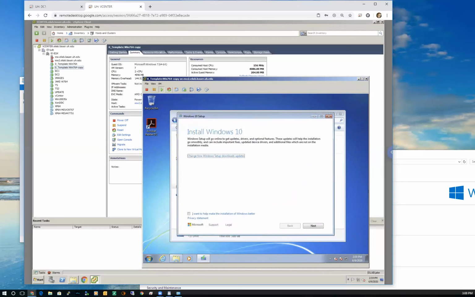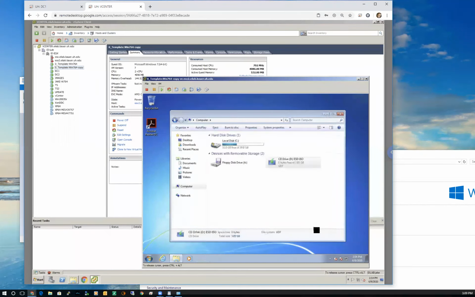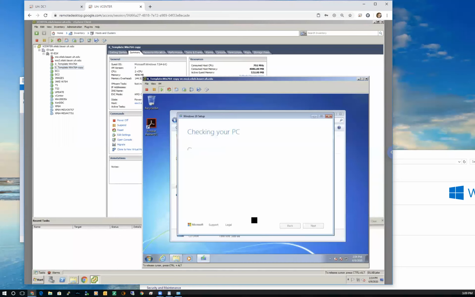All right, so this might take a while, so I'm not going to sit here and install Windows 10. We'll look at a couple of other things. I'm not going to check that box. I don't want to help Microsoft or anybody do anything. Again, I think I mentioned in this class, whenever you're installing software, don't ever agree to any of those surveys or agree to help do anything, because what that does is install a program in the background of your operating system and just slows your computer down and takes up space. It's basically spyware.